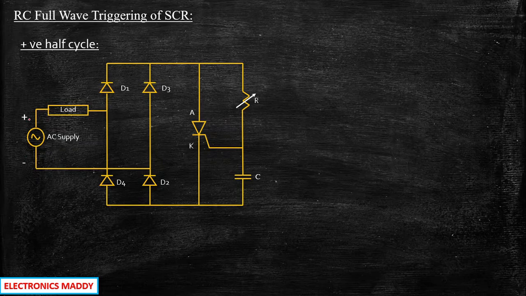Consequently, there will be some amount of drop across the load. Ignoring that for understanding the operation, this positive voltage will appear at D1 and the negative voltage will directly appear at D2. Because positive is connected to the anode of D1 and negative is connected to the cathode of D2, D1 and D2 are forward biased. Because of this, the current starts flowing through this path, through D1, and through this path.